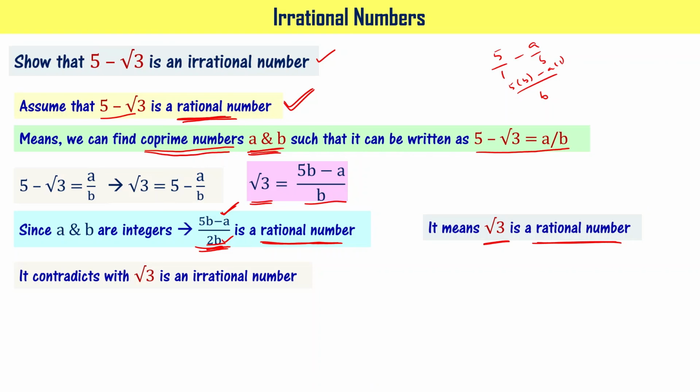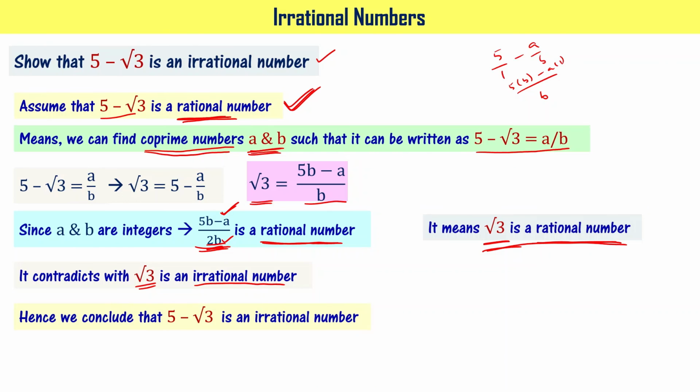We know that square root of any prime number for that matter is an irrational number, and that is the fact. But whatever assumption we made and whatever calculations we have done, that is yielding a result saying that root 3 is a rational number. So where is the problem? The problem is with the assumption we made, right? So we simply say that the assumption we made is wrong.